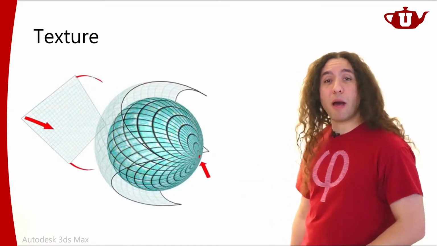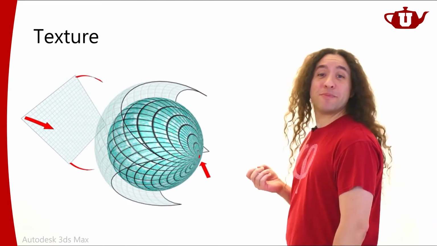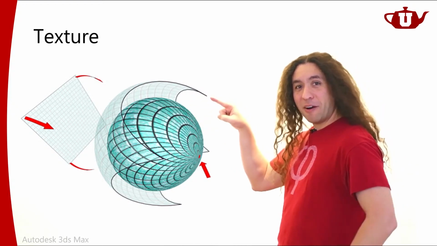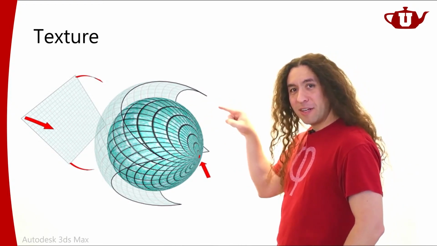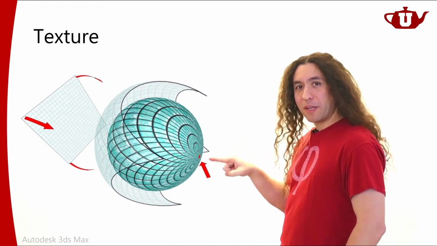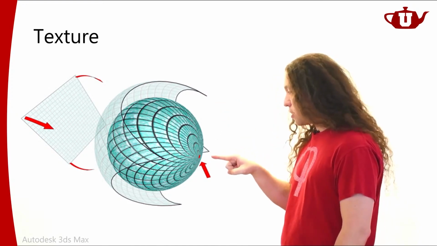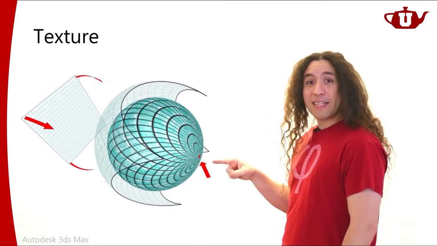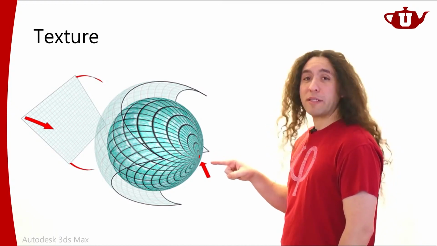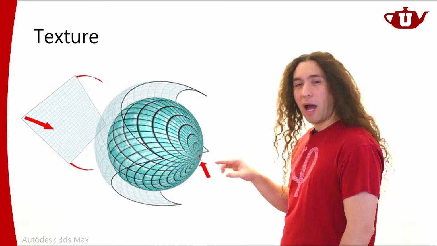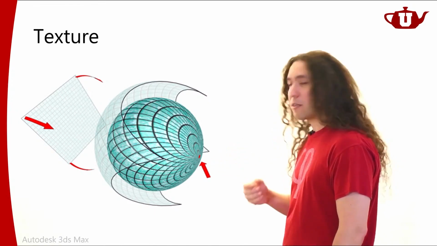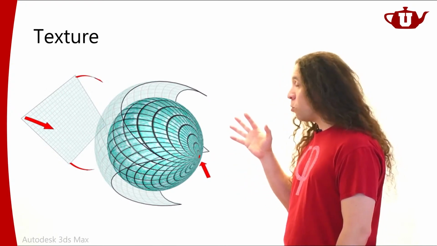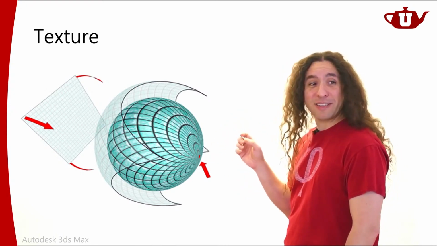One way of getting rid of the seam, or at least minimizing it as much as possible, is using a different kind of mapping, the shrink wrap mapping, where all of the edges of this texture come together at one point here. So the seam collapses to a single point. It still has to exist somewhere, but at least it just happens at a single point. And depending on your scene or how you present this object, you might be able to hide this seam.